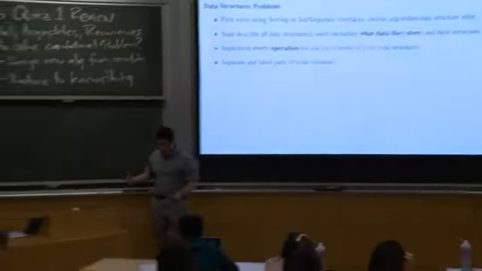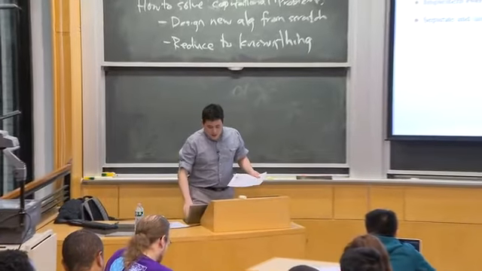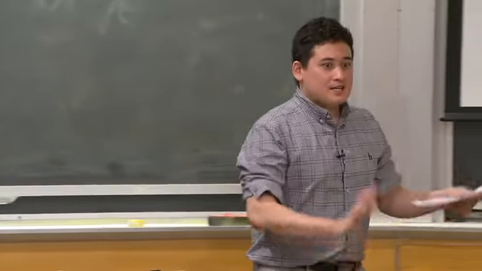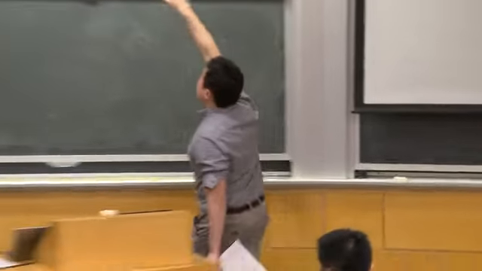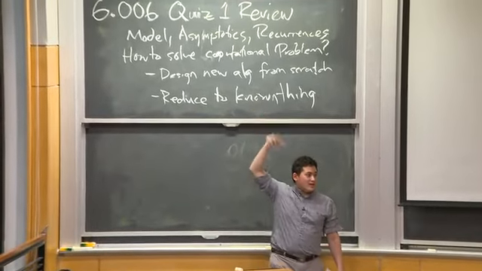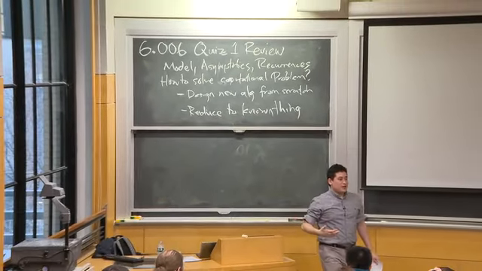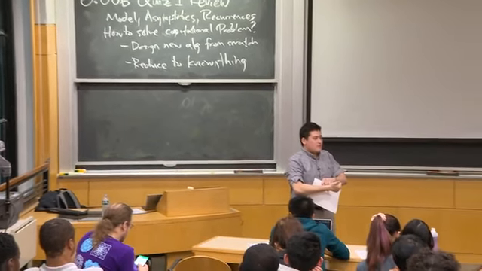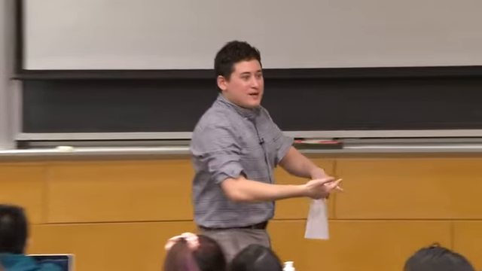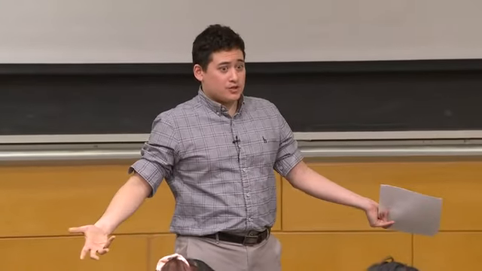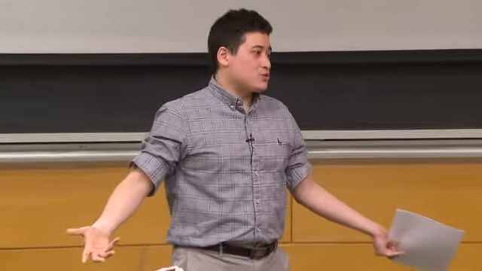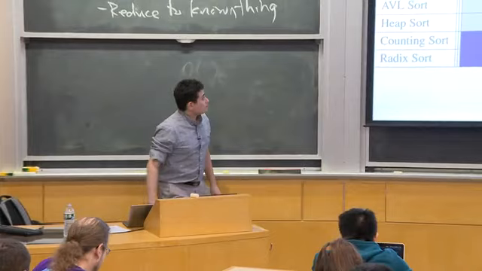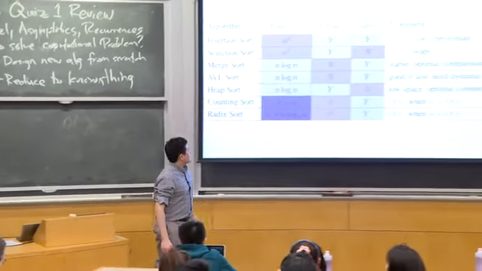OK? So now we're going to go through kind of the core material I like to think about in this class. The first part of this class, aside from the mathematical tools that we develop at the beginning of the course, is mostly about solving problems involving data structures. We motivated the problem of sorting by saying that a sorted array is a data structure that's actually pretty useful. But how do we sort those things? Well, we showed you a bunch of ways to do that, and this is that nice table.